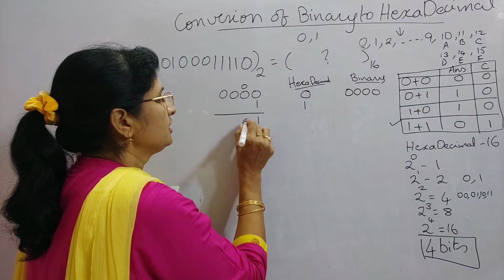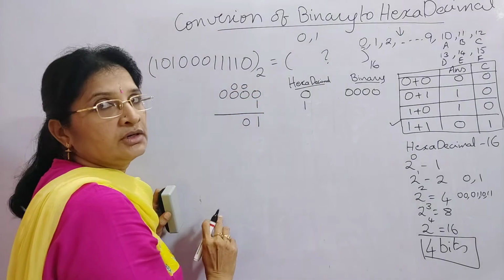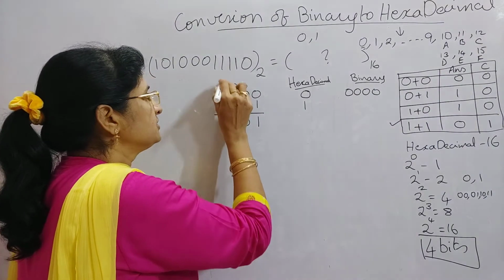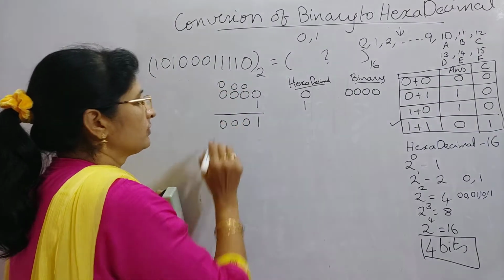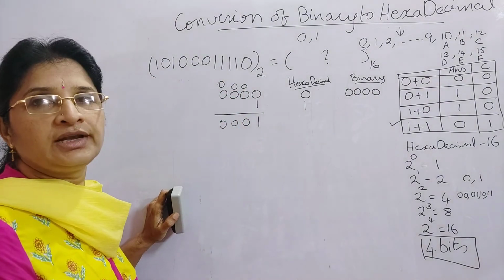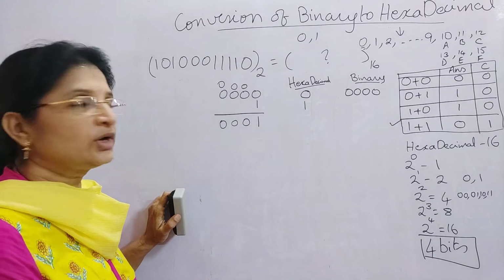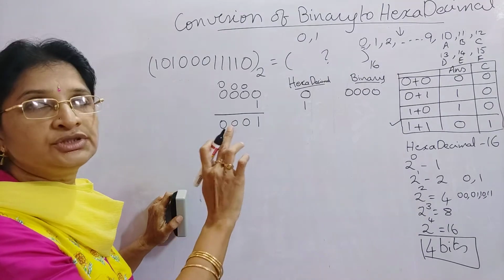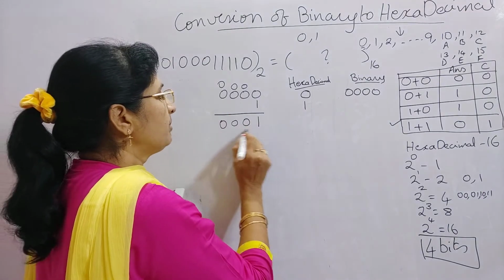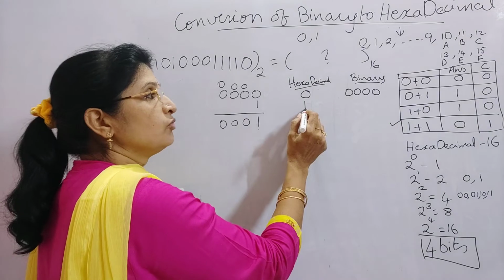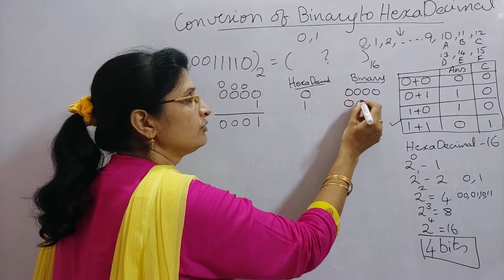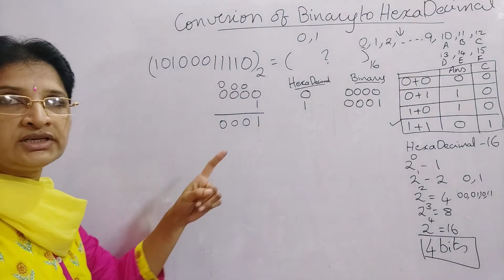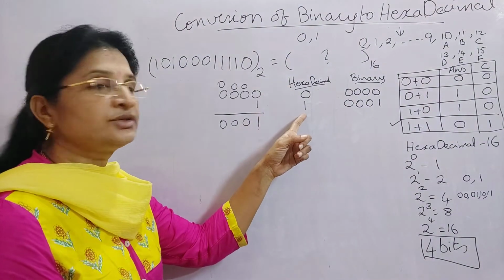So that's why here you will get 0 and here 0. And again 0 plus 0, answer is 0 and carry is 0. And again answer is 0 and we will leave the carry here. Okay, so this is how you can add 1 to 0. So now this is the binary code for 1. So now what is the binary code for 1? 0, 0, 0, 1. Okay, did you understand how you can get the next digit?